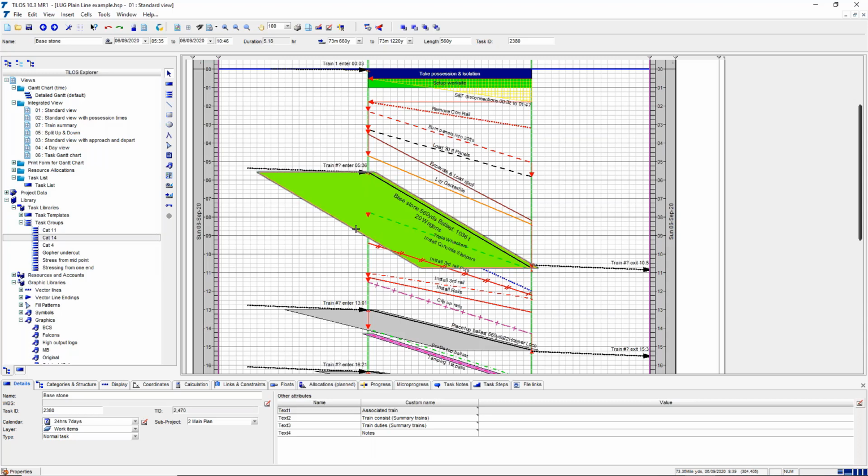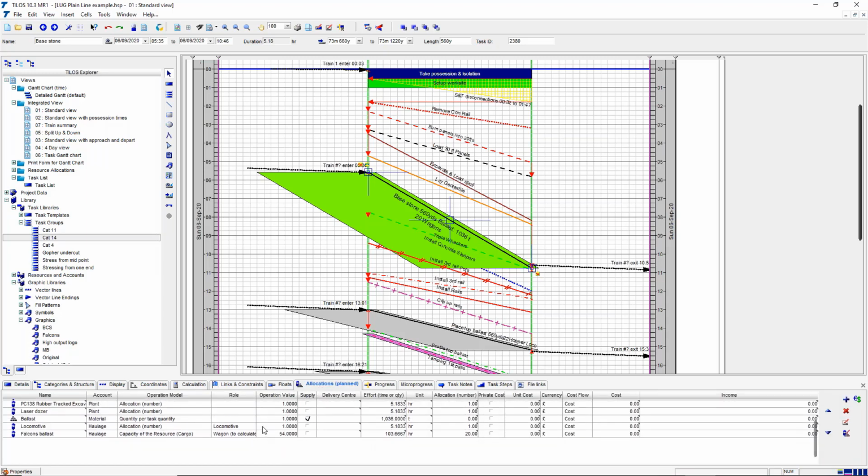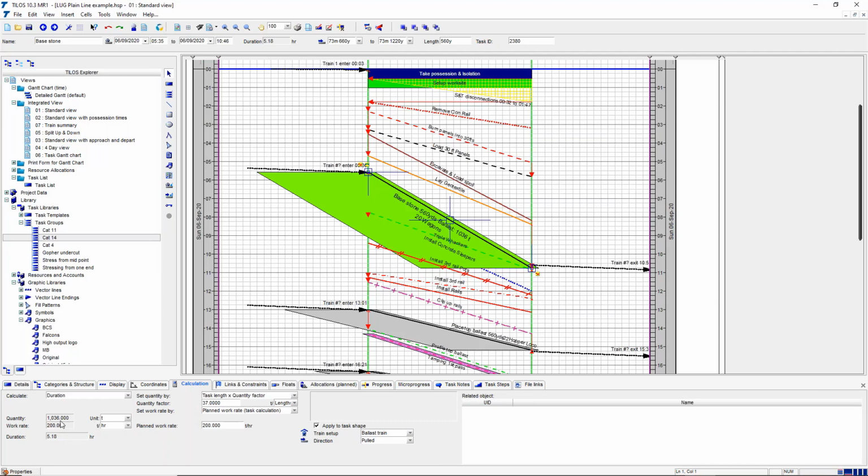So we can take that, and these are defined in the library, so we can look at the allocated resources of that. Our wagon is a wagon called a Falcon. It can hold 54 tons of material, and for that amount on this whole task, we're going to need 20 wagons, and that is calculated from the fact that this is the amount of material, and it's been driven from